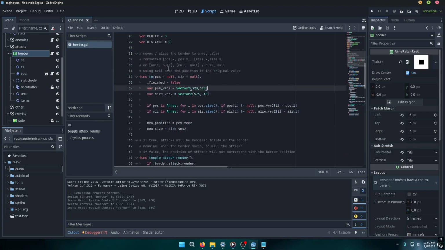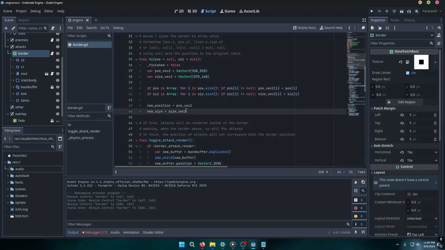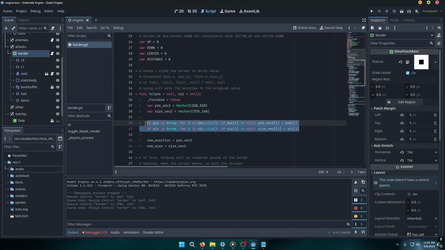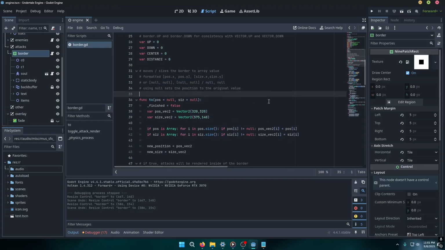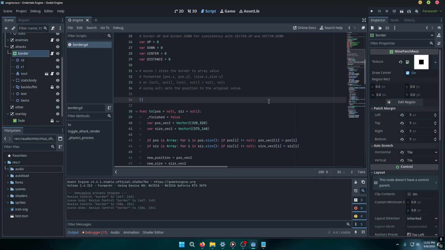The to function is pretty straightforward. It basically takes a position and a size, and it does that linear lerping to the new position. And it just sets the new position and size in here. You can see right here how it's formatted. So if I just do null, null, and then null, null,